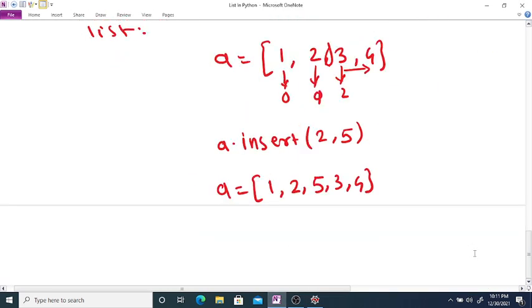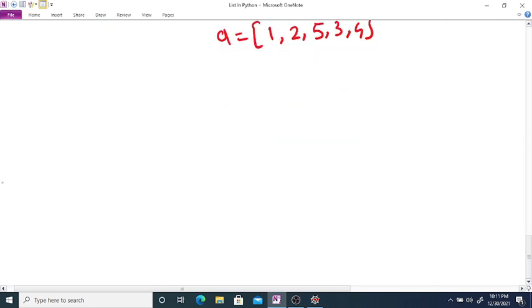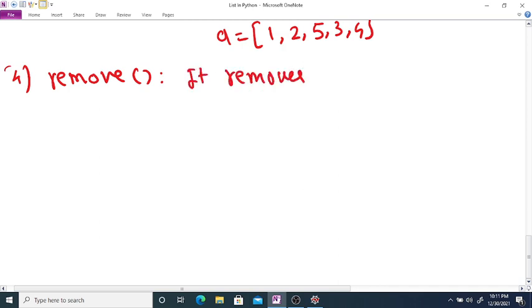Now next, remove. Like insert, where we add an element at a specified position, similarly remove removes the first matching value from the list.